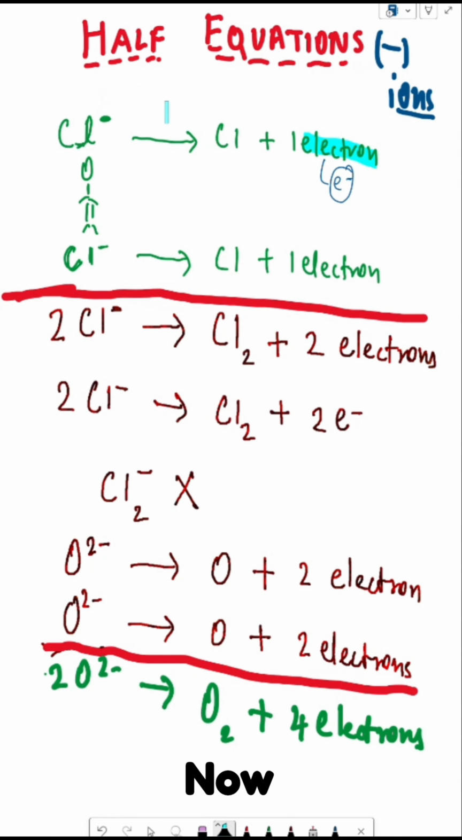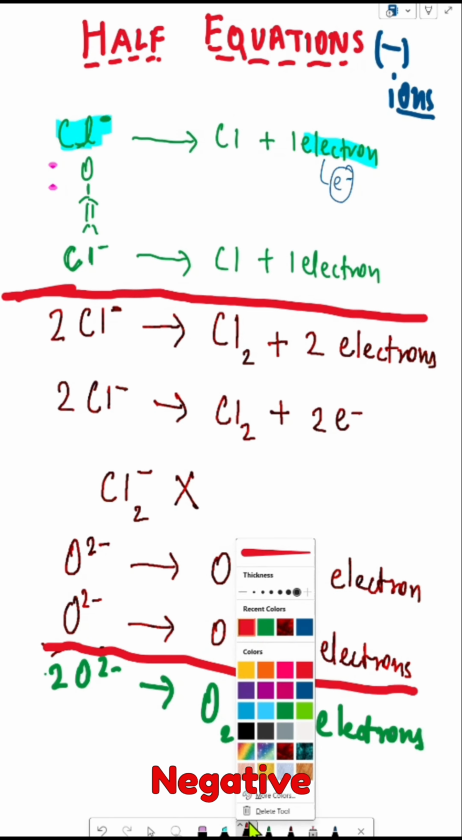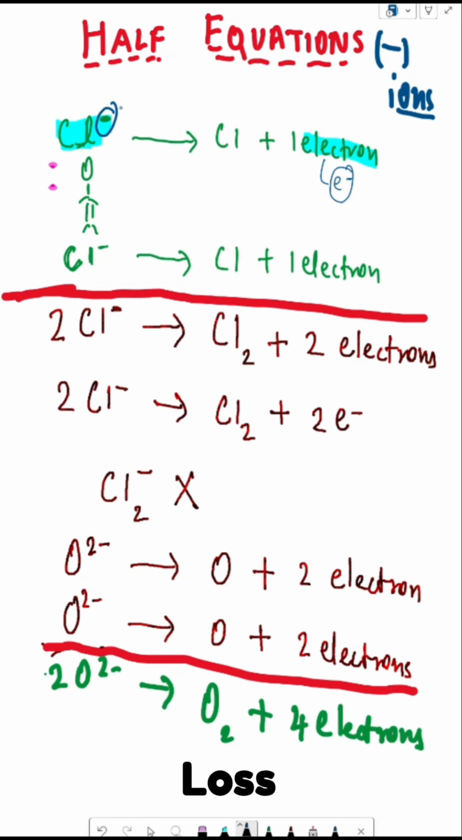Hello everyone. Now we are going to talk about half equations for negative ions. As you can see, we talked about the diatomic molecules in the last lesson and all halogens are diatomic. We know that now. So if you have a negative ion, for example, Cl1 minus, now remember the rule. What I said is that if positive is gain, consider this negative charge, guys, as loss of